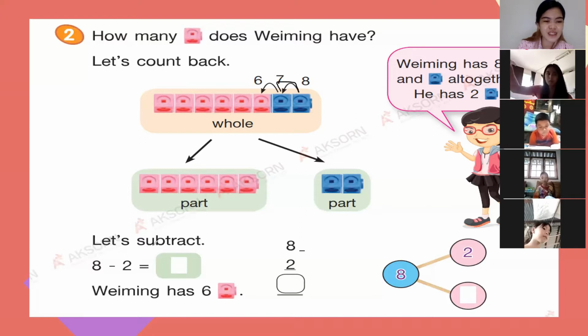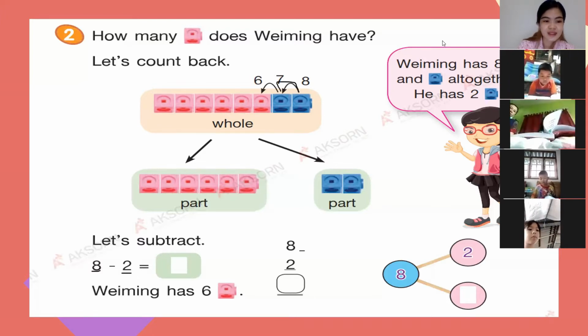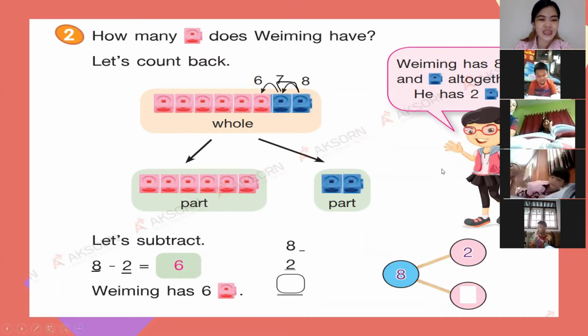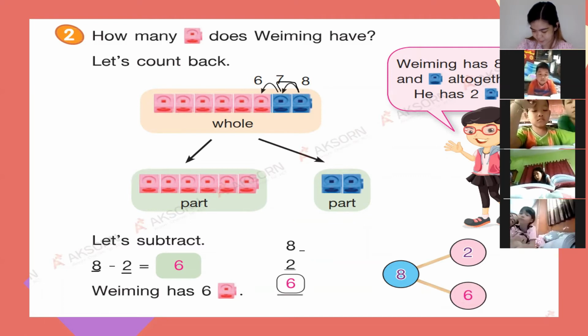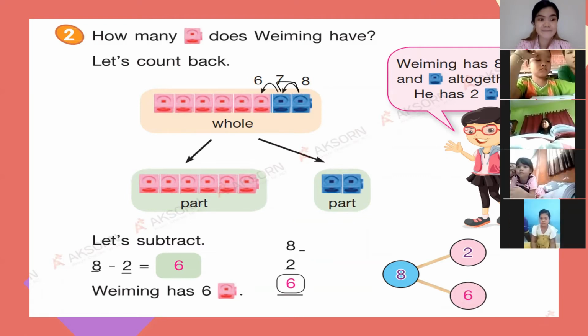Okay, so we're going to subtract 8 minus 2 is equal to 6. 6. Very good. So you write 6 here. And then 8 minus 2 is equal to 6. Okay, did you get it correct? 6. Okay, so let's go to